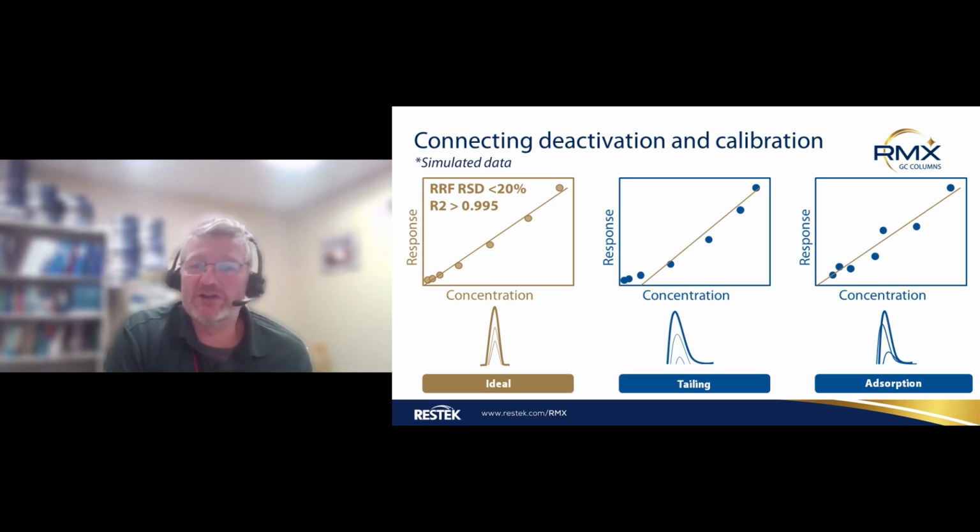And then again, with lower concentration and also having a linear response, we all know we can get a good linear calibration if we are running at higher concentrations. If we're calibrating from 5 nanograms to 200 nanograms, chances are good we're going to have a good linear calibration for all of our compounds. But let's say we're going down to picogram levels, single or double digit picogram levels. That's where this lower concentration, it's much harder to get a linear response.